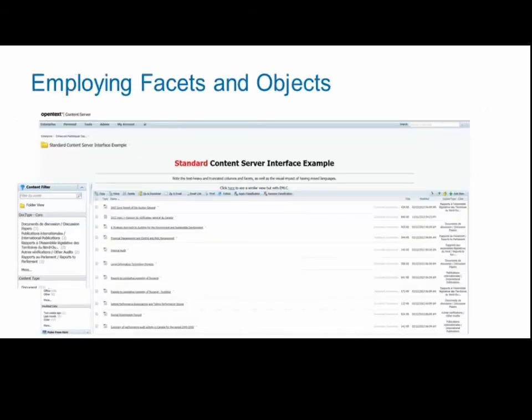Another example with monolingual metadata, if you will, is on this page, where we see facets as well. So this is the classic view. Again, we have the column on the right, it's the same column, but on the left as well, using facets. Facets are generally used to very easily narrow down your search for content. Now in this case, again, out of the box Content Server, you have some restrictions with how you can approach it, and unfortunately, if you have, in this case again, only 2 languages, if you have more, it becomes much more unwieldy and so on.